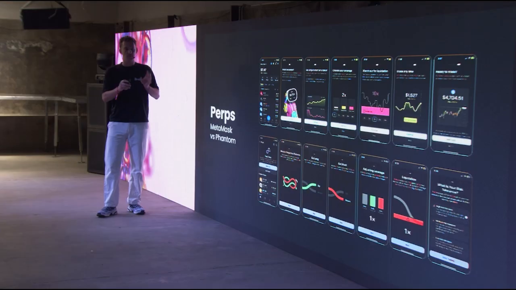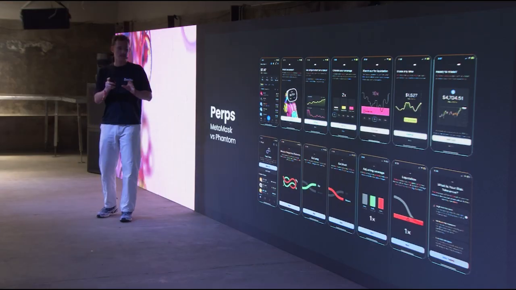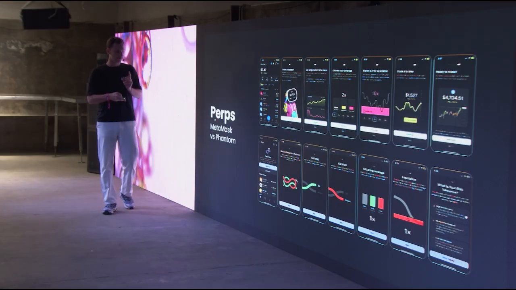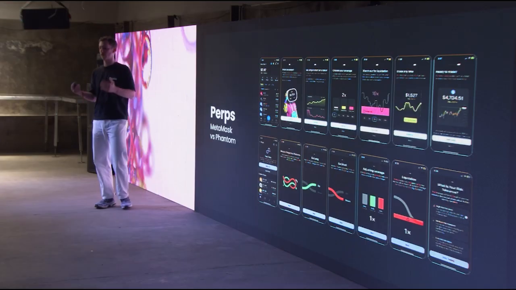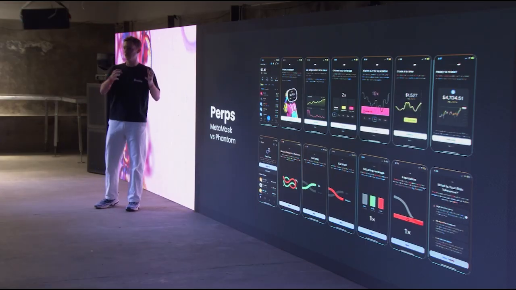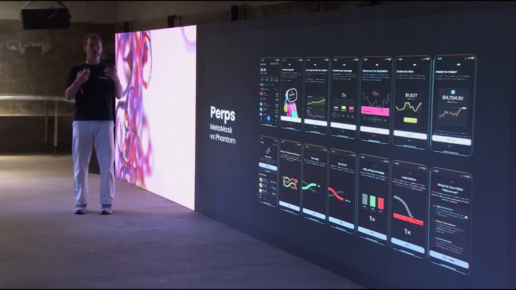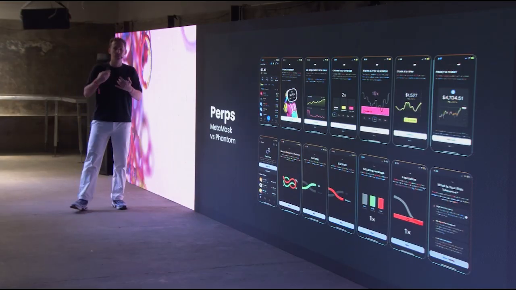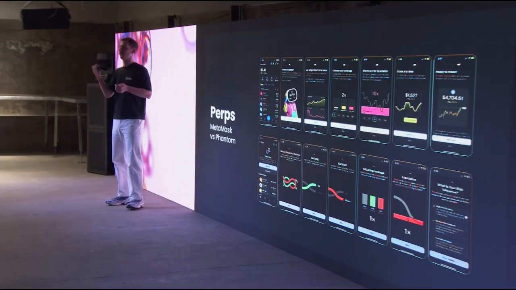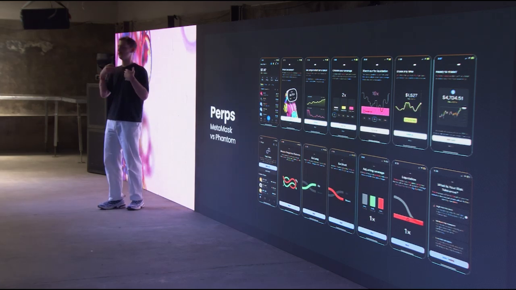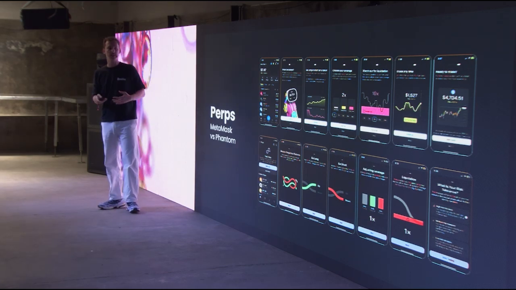But the amazing choice that they made is that they listened to the market, and they heard that Hyperliquid was so successful. Maybe we could bring that feature into our application. And so that's basically a next level of understanding of your target audience. It's when you get to that stage where you can even start innovating.